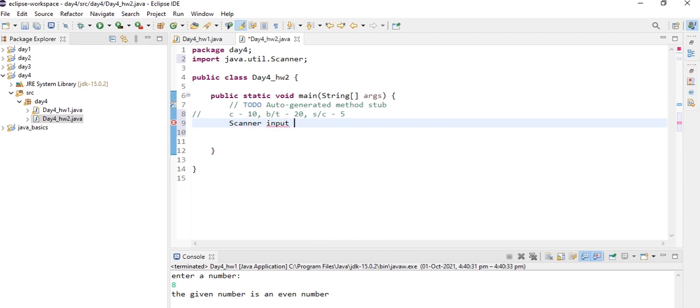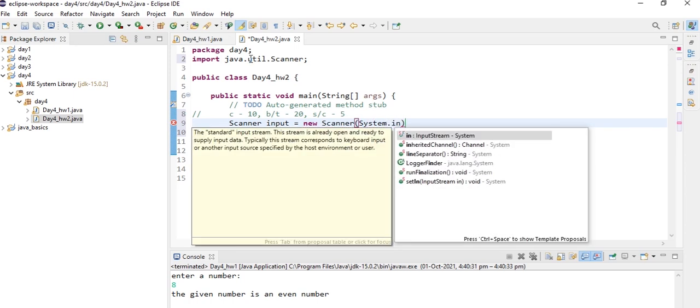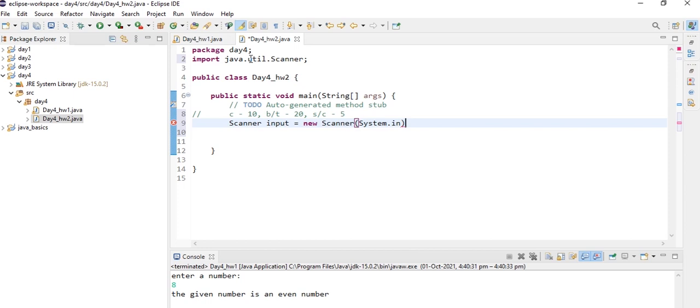Input is the object name, and with the help of the new keyword we are creating an object. System.in is the input.